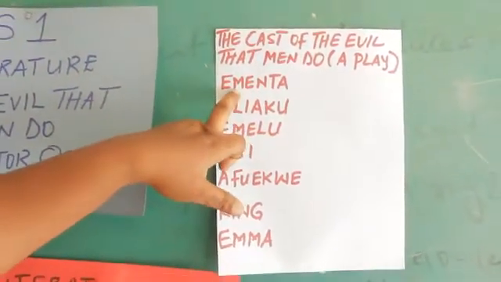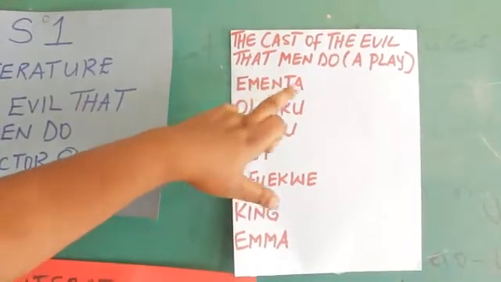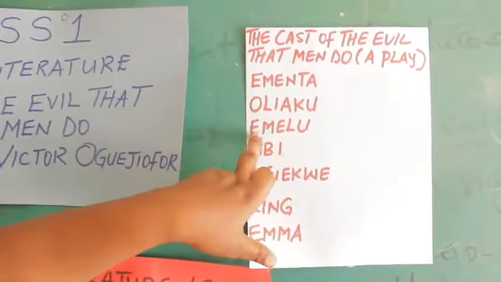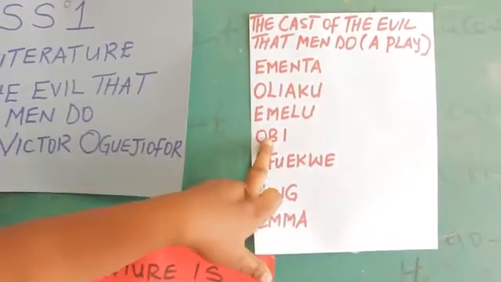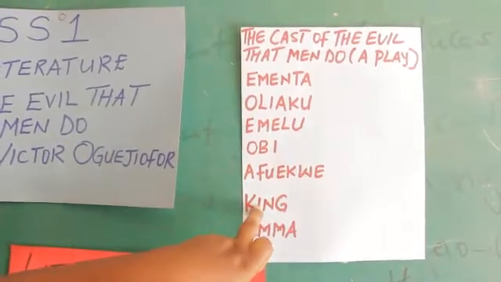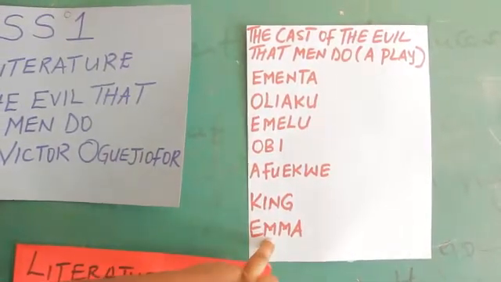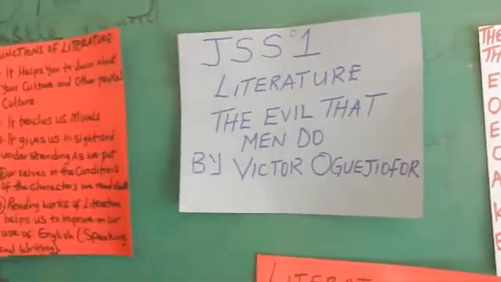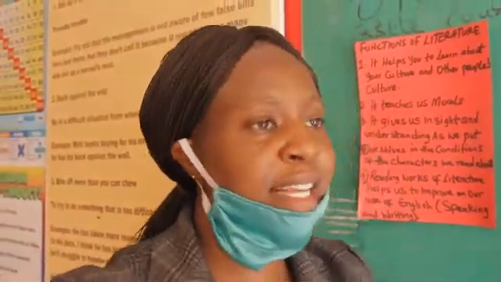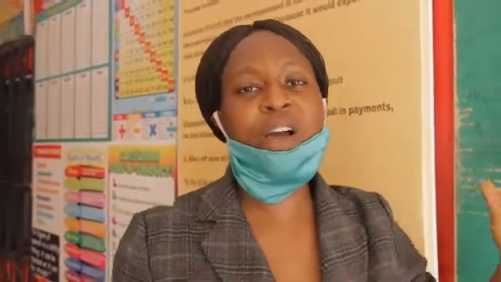We have Imenta, Oliaku, Emelu, Obi, Afwekwe, the king of the village, and Ima. As I explain this play to you, you will hear some of the names of these characters as I explain to you. Now this play was used by the author to teach us the evils of jealousy and the consequences